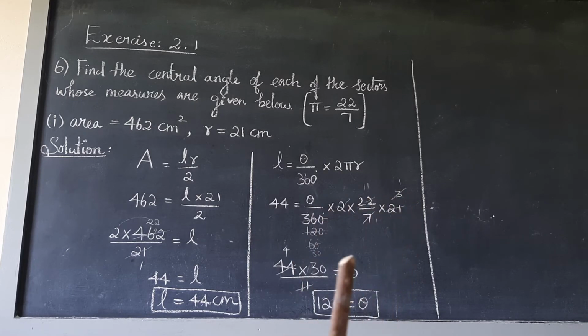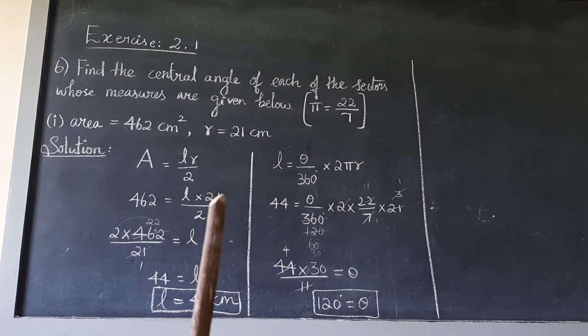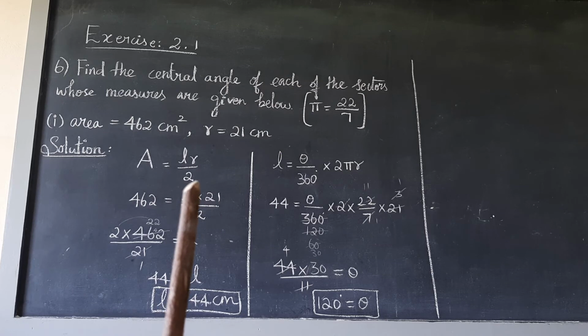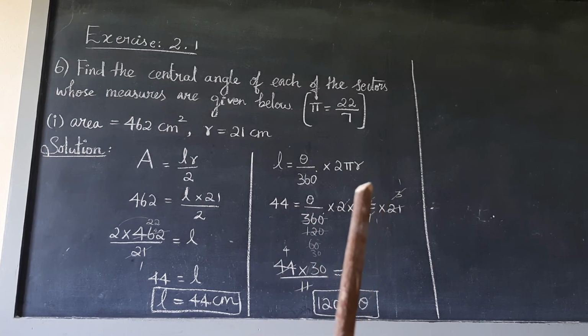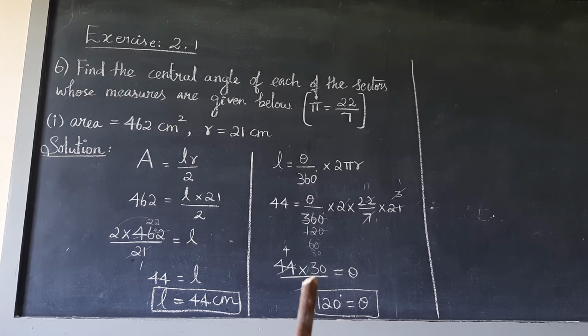So if you cancel, the remaining numerator is 11 and the denominator is 30, so theta into 11 by 30. As in the earlier formula, we send this to the other side as a reciprocal. So 11 goes down and 30 comes up: 11 by 30 becomes 30 by 11. Now 44 and 11 are multiples, so we can cancel: 11 ones are 11, 11 fours are 44. 4 thirties are 120. So theta is equal